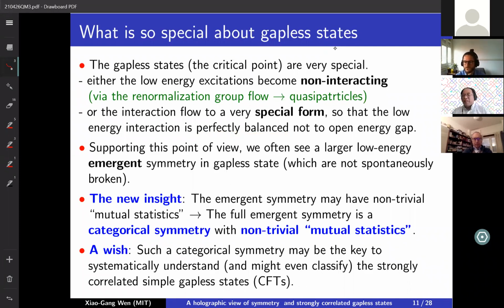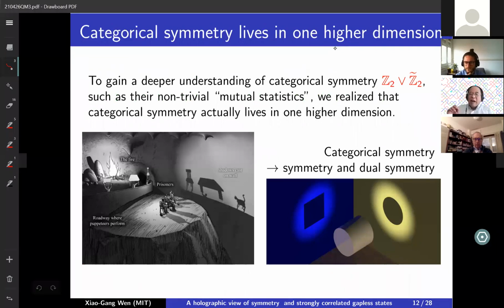So those particles keep interacting, but they remain at low energy. They are not pushed to high energy. This is a very, very special interaction, and I emphasize that this special kind of interaction is reflected by this emergent symmetry. Here we emphasize that this emergent symmetry may have a non-trivial mutual statistics, and we call them categorical symmetry. The wish is that this categorical symmetry can probably help us to understand the gapless states. And to really make that point, and also to have a deeper understanding of categorical symmetry, to understand why we have mutual statistics and what that really means,